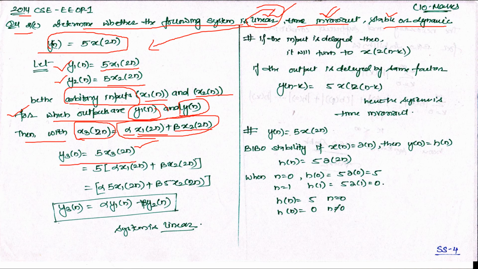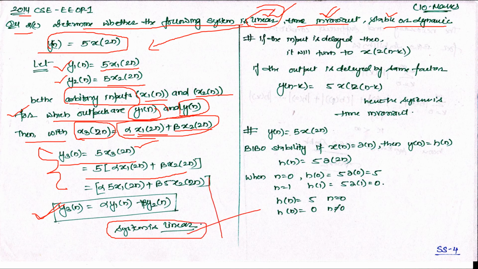It is very simple; I think everyone would have studied it in their first semester or in the 12th standard. I am just writing here so that you can revise your basic concepts, and you will find that y3 comes as alpha y1 plus beta y2, so it is a linear system. Please understand, when you are looking for linearity, basically you are looking for such things.